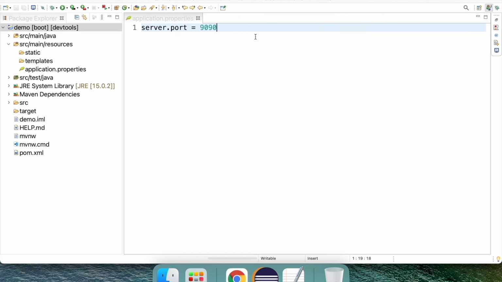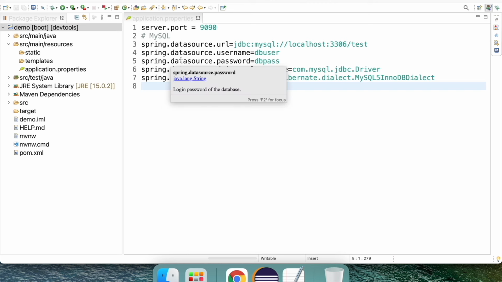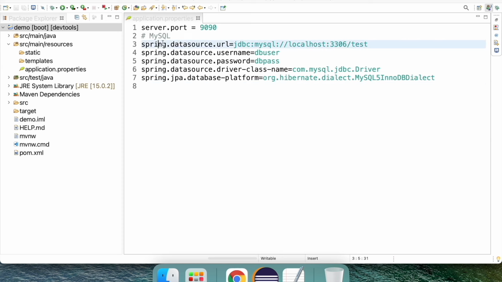There is another set of properties. These are the properties for the DB connection. If you clearly observe, here we have spring.datasource multiple times. See, there is a repetition in spring.datasource. This is one of the disadvantages, as we are increasing the boilerplate code.